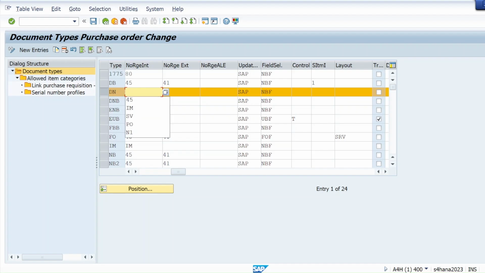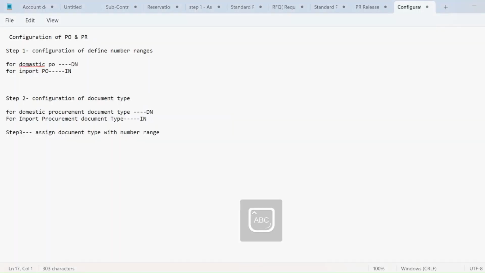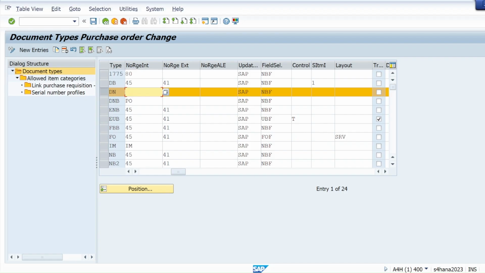Internal number range I will take as DN, whatever number range I have taken. I will leave the external number range blank, because I want an internal number assignment, so the PO number is generated automatically by the system. I should not select it manually. So hit enter and save it.